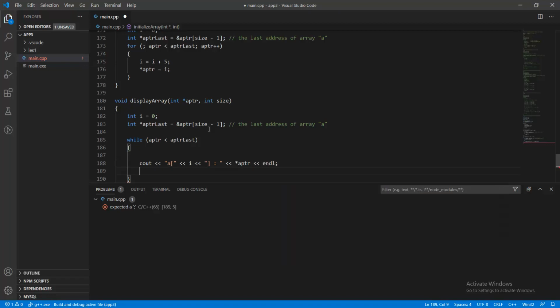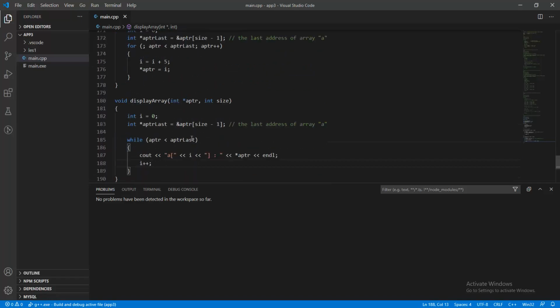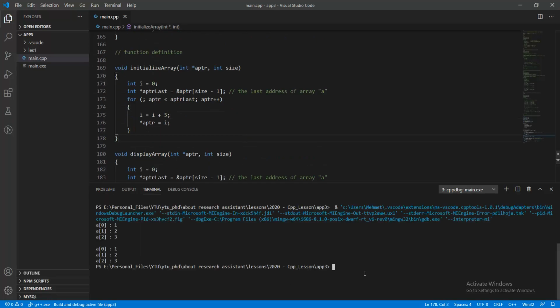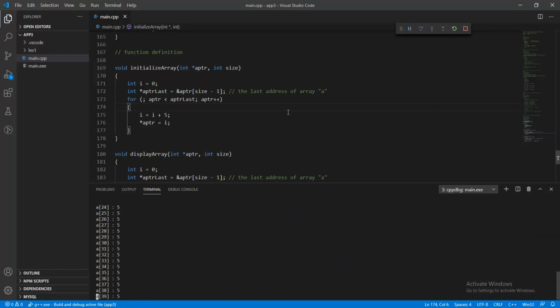address elements. At that point, APTR is an address, but asterisk or star APTR is the integer value stored by the address, specific address memory operation. Okay, and so we should increase the integer value of e at that point, and then we can test the whole algorithm in here. So by pushing Ctrl F5 in here, and then